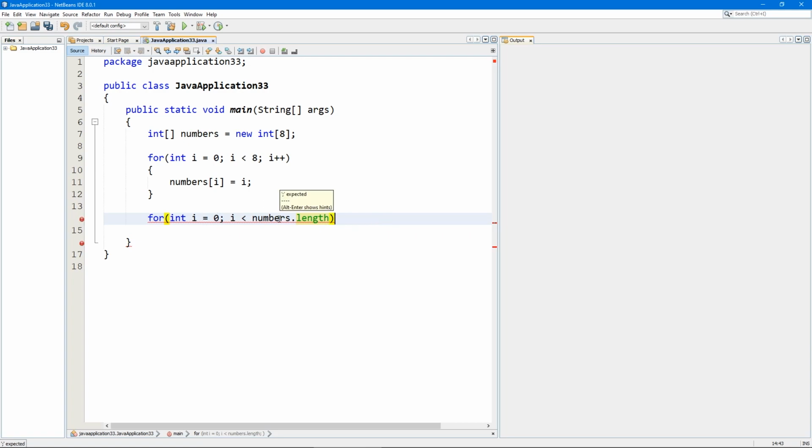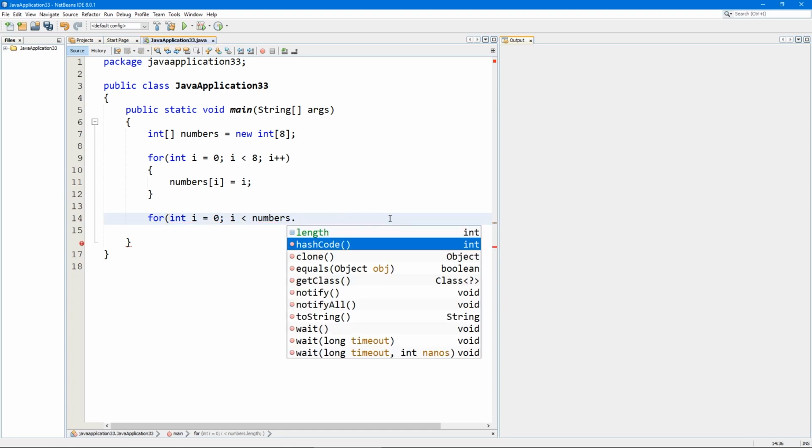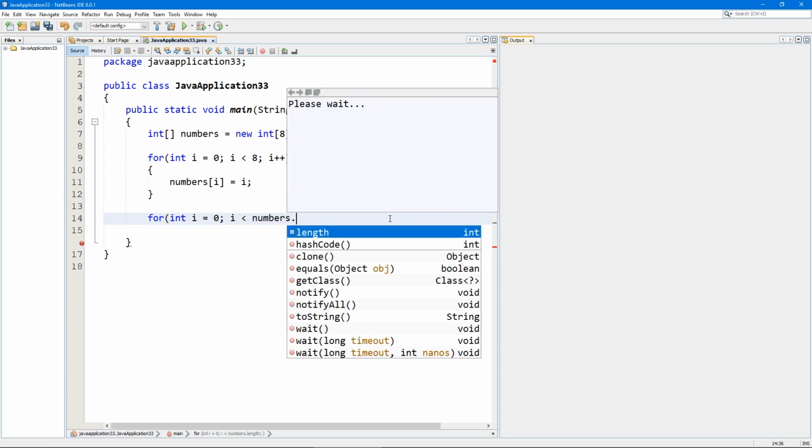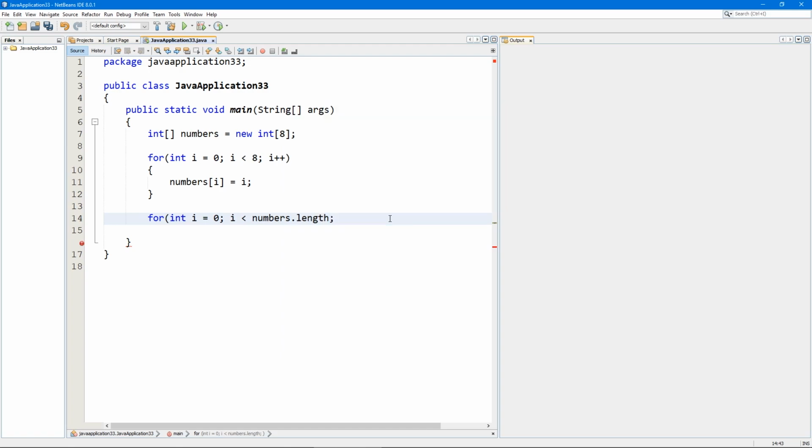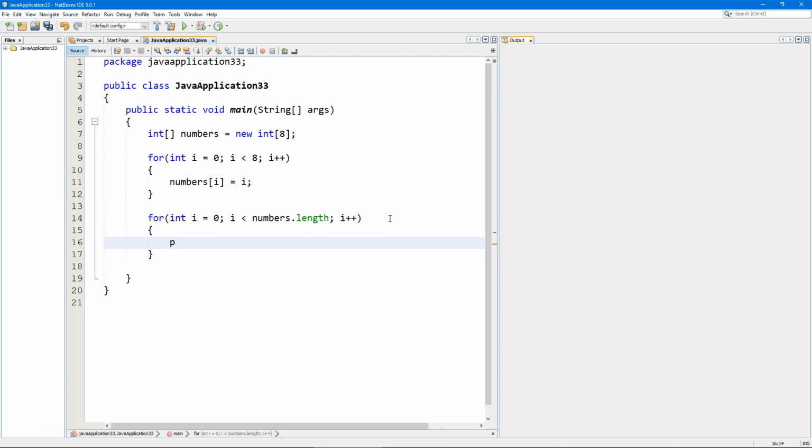Yeah, let me see if we have this. Yeah, there is. You could also do this. And let's do system dot out dot println